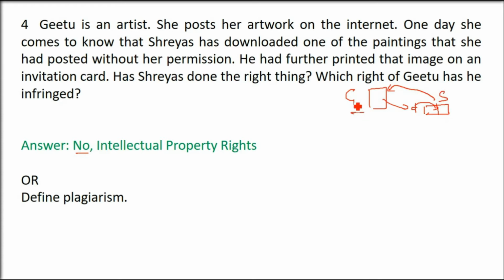Second thing, what is being infringed? Intellectual property rights. Now, if a person is, say, creating music, it's how he earns his bread. Now you cannot copy that song and use it in your album or movie. That is not good, because you are using work which originally belongs to some other person. Define plagiarism, and this is almost the same thing, but it applies mainly to documents. But I'll give you an example. There is a song.